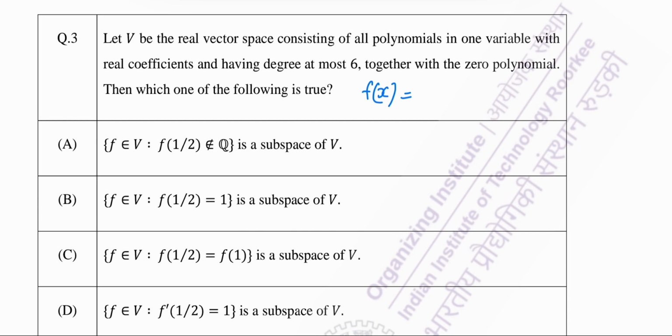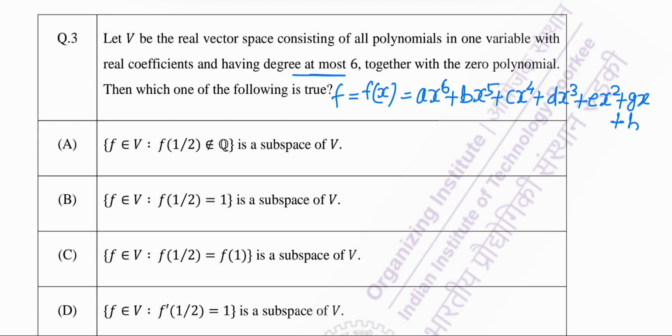So this f, suppose this is a polynomial in x, then this can be written as a x to the power 6, sorry, here will be 6, plus b x to the power 5 plus c x to the power 4 plus d x to the power 3 plus e x to the power 2 plus g x plus h. Okay, and here in the question you see that